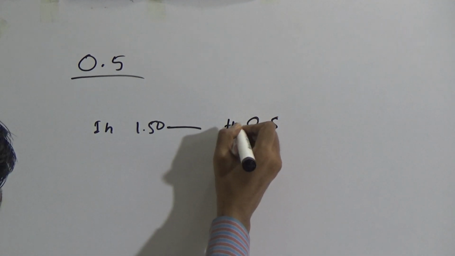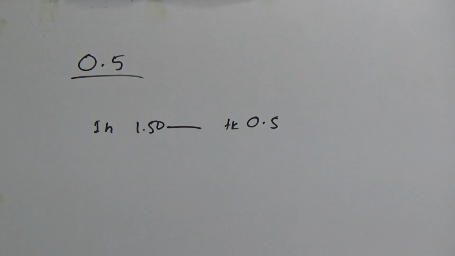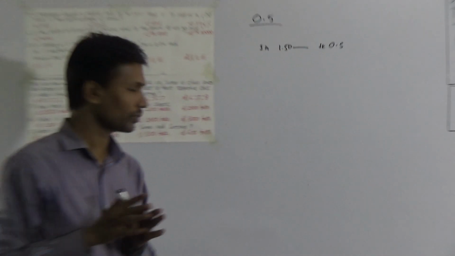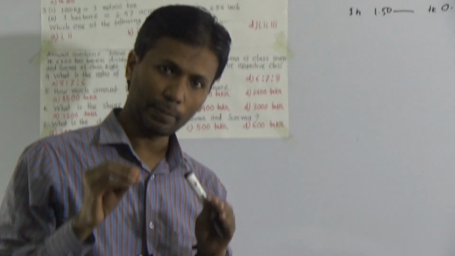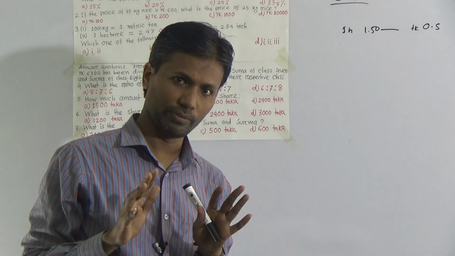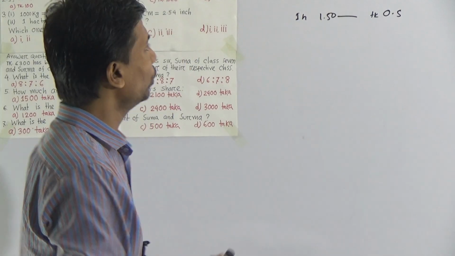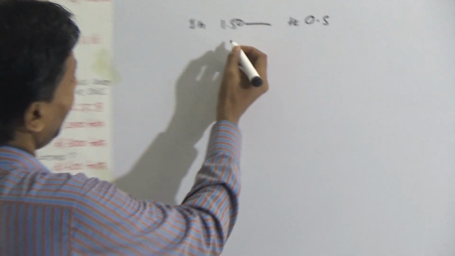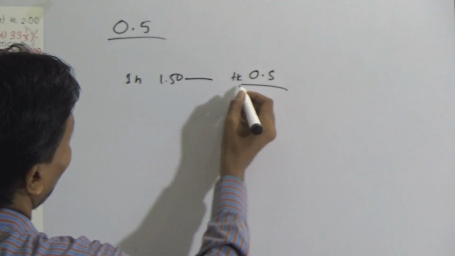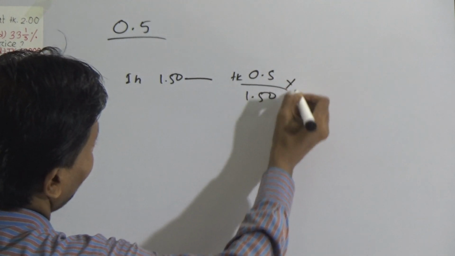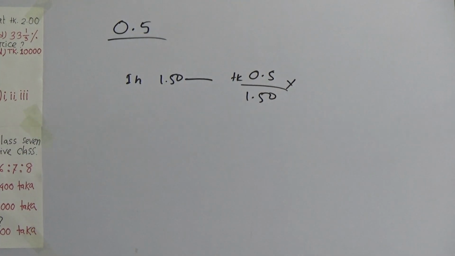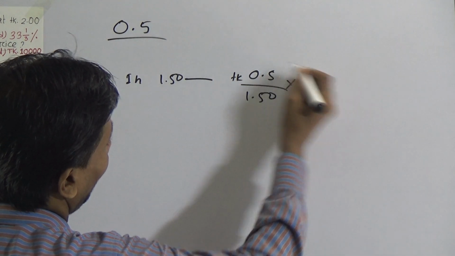Okay, dear student, this is MCQ, so I have written in the short form. You have to always write in the short form because in the MCQ test the time is very limited. So you have to calculate very shortly. Look, then on 1 taka the profit is 0.5 by 1.50, and to calculate according to percentage, you multiply this by 100.